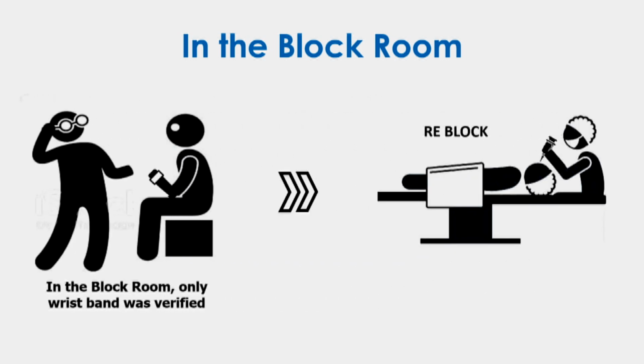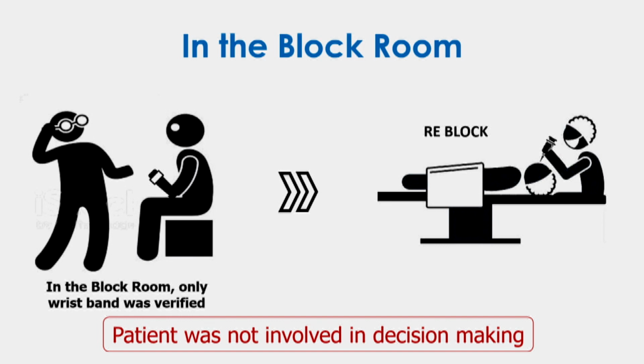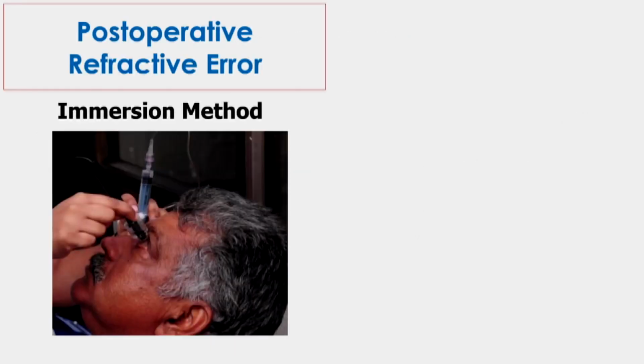So here, the doctor is not at fault, but the whole system. The patient is at fault. The doctor who advised was at fault. And there was no system to understand what the patient wants, the surgery. If you had somebody ask in between which eye you want surgery, the right eye or left eye, and if there is a difference, then go back to the doctor and clarify, that could have prevented this particular incident. So this lack of communication or lack of involving the patient also could be an issue.